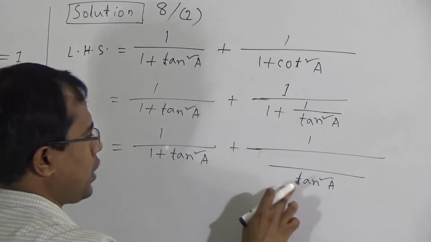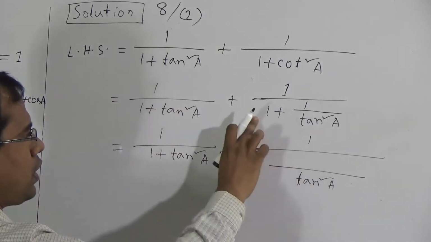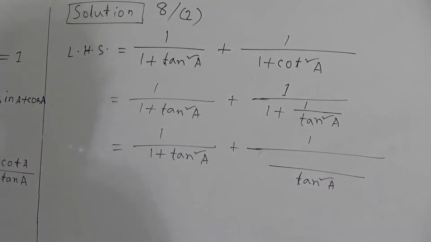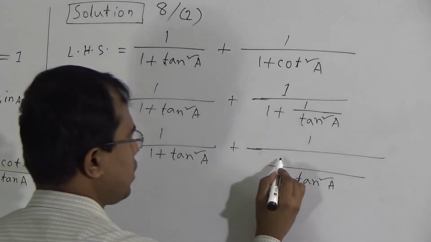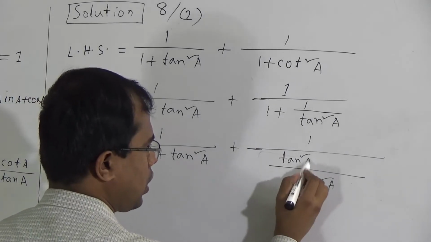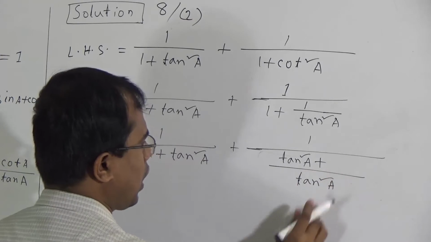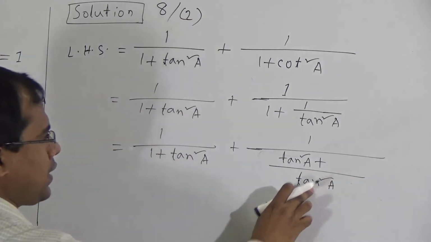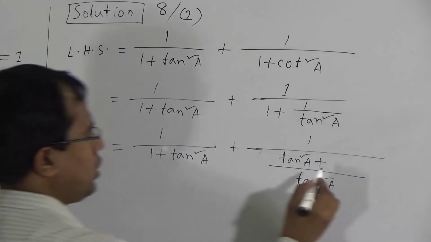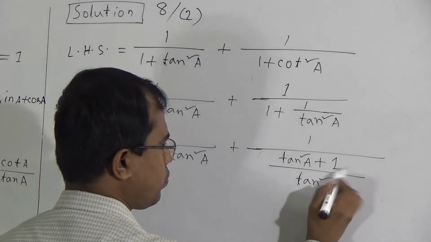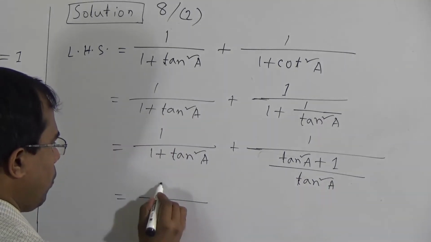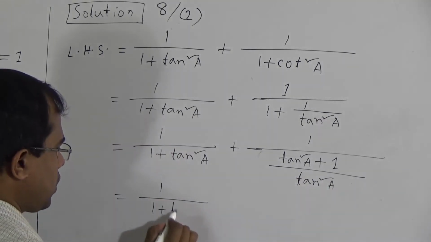Now at first we will divide tan square a by denominators 1. If we divide tan square a by 1, then it will be tan square a. And tan square a multiplication 1 is equal to tan square a. Tan square a plus. Now if we divide this tan square a by this tan square a, then it will be 1. Now 1 multiplication 1, this is equal to 1. Now 1 by 1 plus tan square a